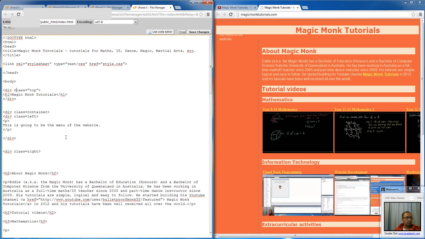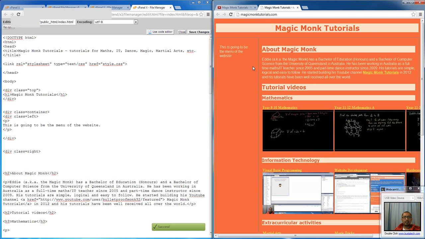The reason is we want to draw this section first before we draw the left section. So refresh that, and now we have Magic Monk Tutorials spanning across the top,